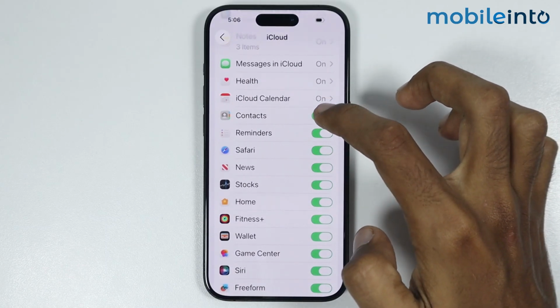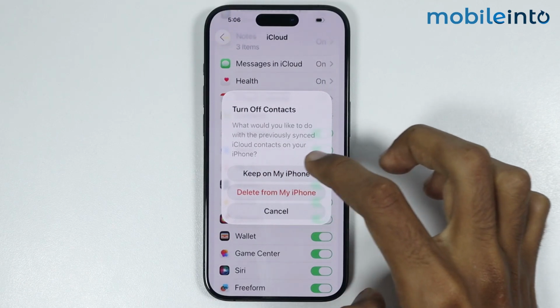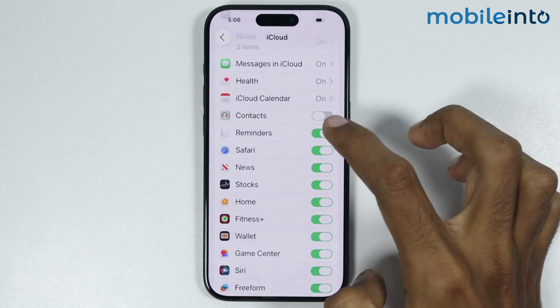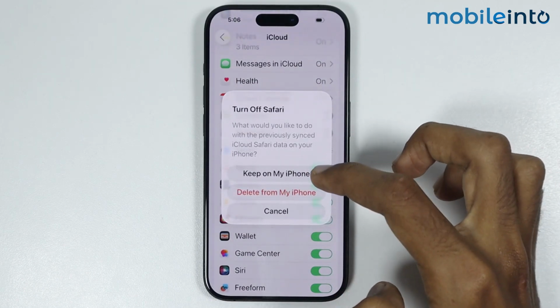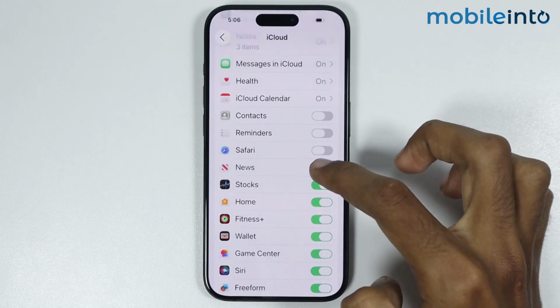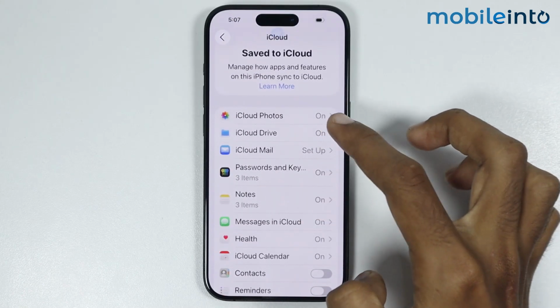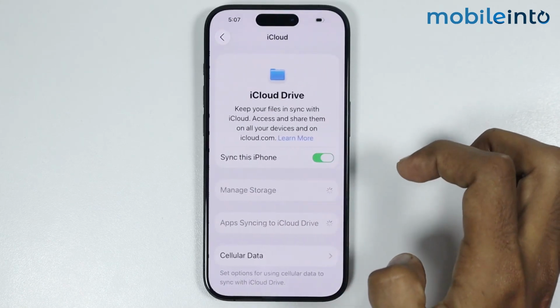Now just disable this toggle to disable syncing to your iCloud. Now from here, just select Keep on my iPhone. Now just do that with all the apps which you want to disable syncing with your iCloud. Just like that. Now for the apps that do not have this toggle, just tap on them and from here